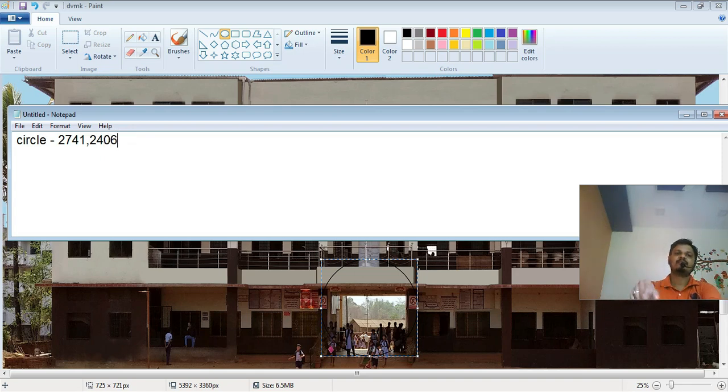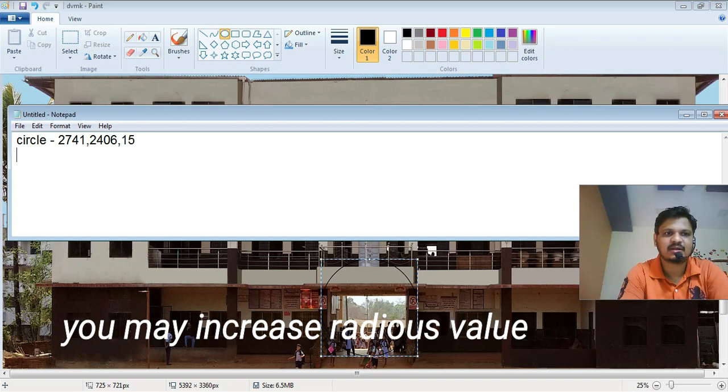This is the exact x1 y1 values. Now we have to apply a radius. You can put an approximate value for the radius. I'm going to add 15. So this is about circle coordinates.